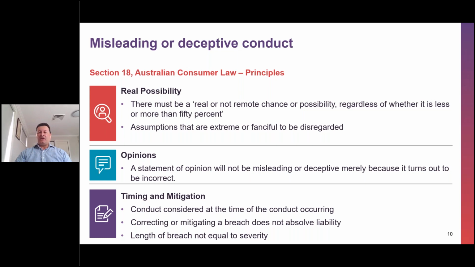Timing and mitigation is another thing which the courts look at. In respect of timing, it doesn't matter when the conduct occurred, how short the conduct was, how long it was. The fact of the matter is, if the conduct occurred at a particular point in time and it gets assessed as misleading and deceptive, there can be a breach. Timing becomes an issue mostly in determining the extent of penalties and what the damages might be. And that'll also be dictated by context. So you could have a period of breach which might be 6 months or 12 months, but only a small number of people might be subject to that particular